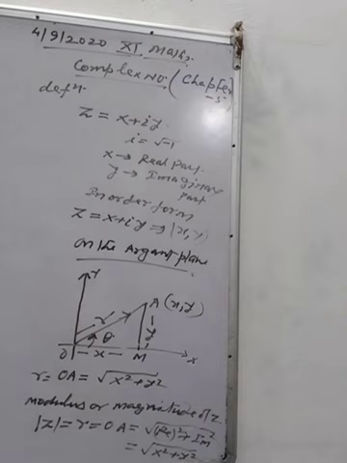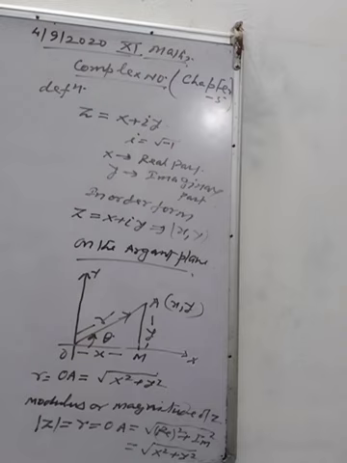In ordered form you will write x plus iy as x comma y. The value x you can plot along the x-axis, y along the y-axis. From the figure, that is known as the Argand plane, you can see here. Suppose line OA makes angle theta with the x-axis in the positive direction, then the coordinate of A, a complex coordinate, is x, y. The first component shows the real part and the second the imaginary part. X is along the x-axis, and y, the second component, is along the y-axis, parallel to the y-axis.